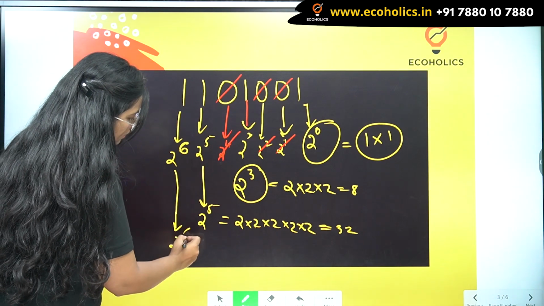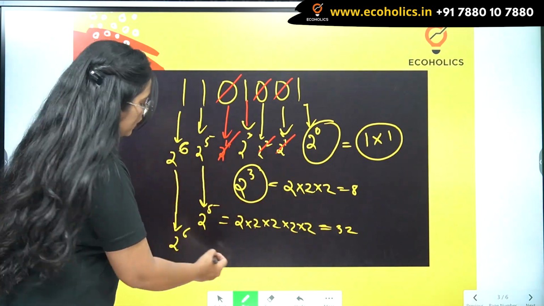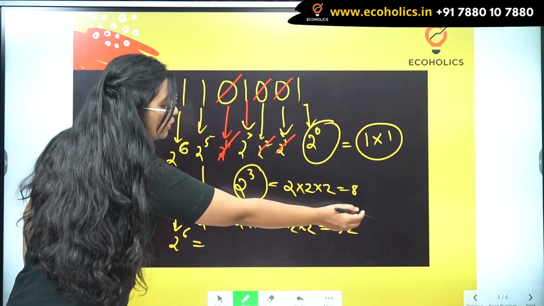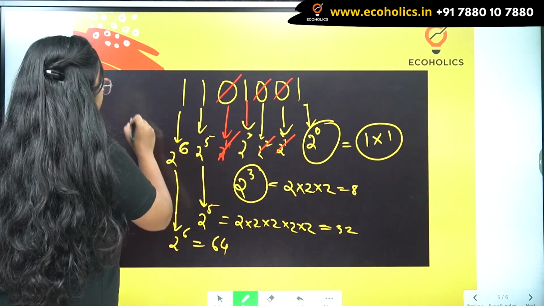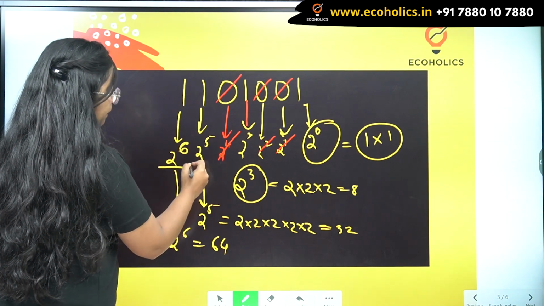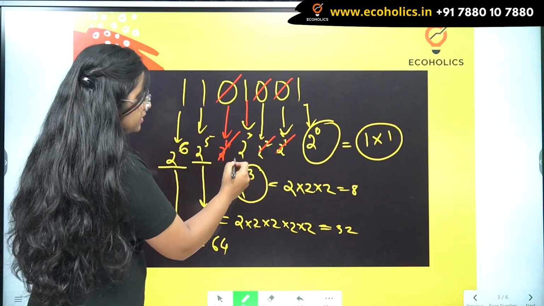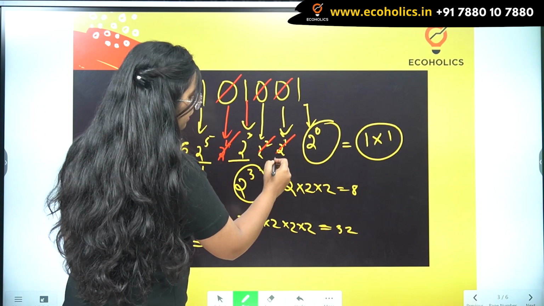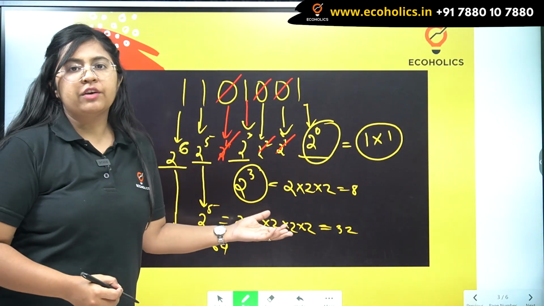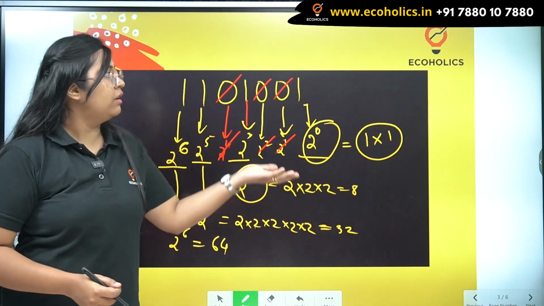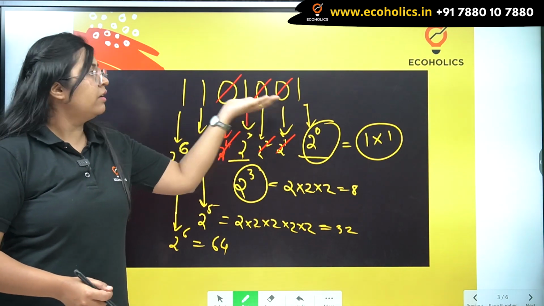Which means there's one more 2 to be multiplied, so it will be 32 into 2, which will be 64. So 64 plus 32 plus 8 plus 1 will give you the final decimal for the binary number